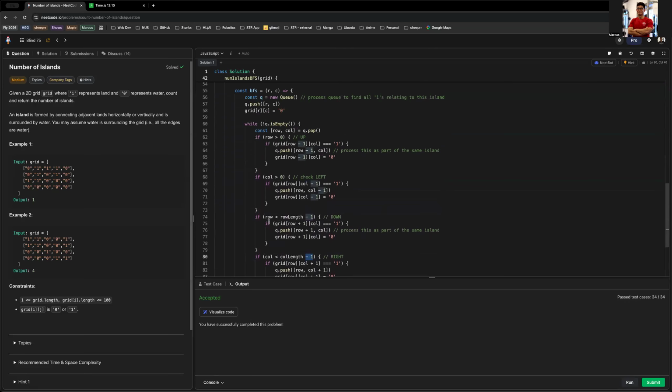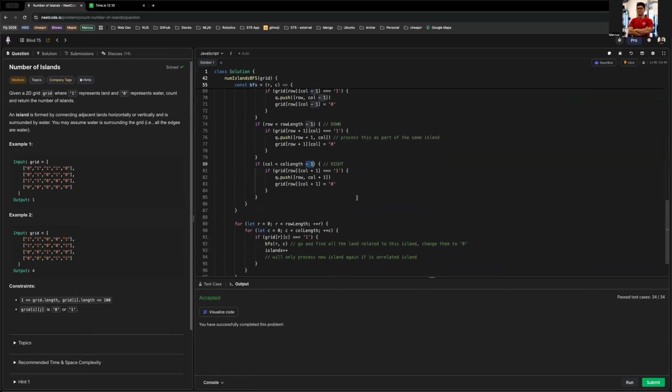So while this BFS has a queue inside, it will ensure that only cells that are island cells will be visited, which means that after you run BFS,